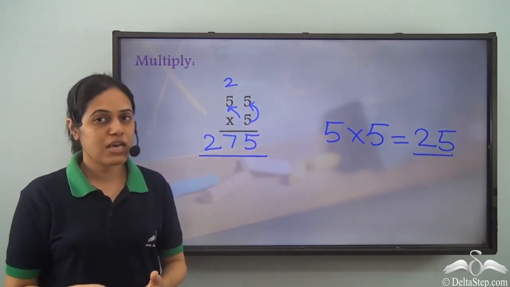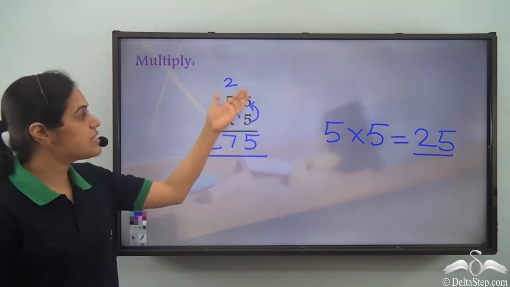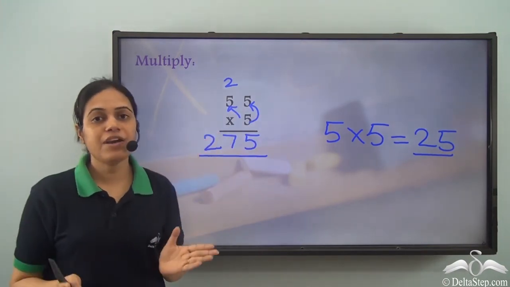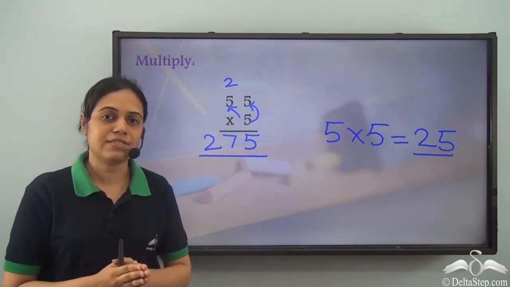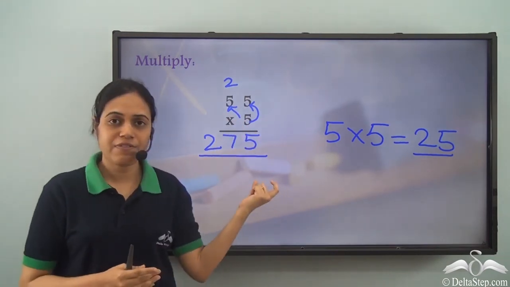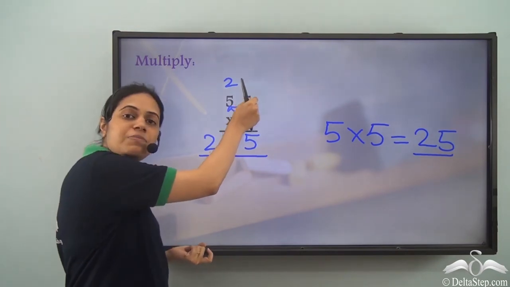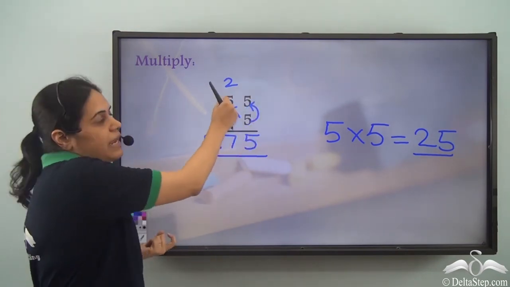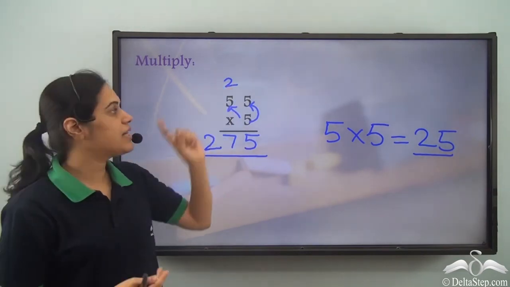So this is how you can multiply two numbers when there is carry or when we are grouping the digits or the places. So 55 into 5 is 275. How did we get it? First by multiplying by the ones place digit, then by multiplying by the tens place digit and adding the carryover number.